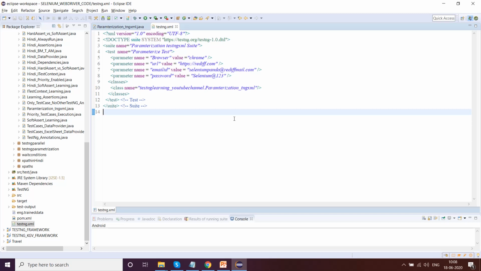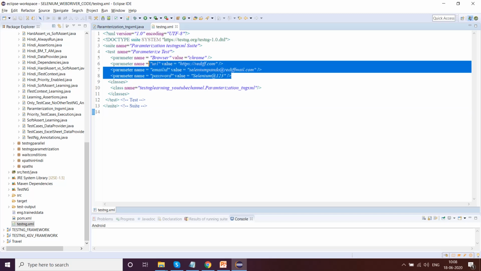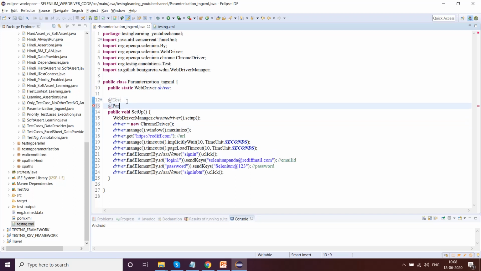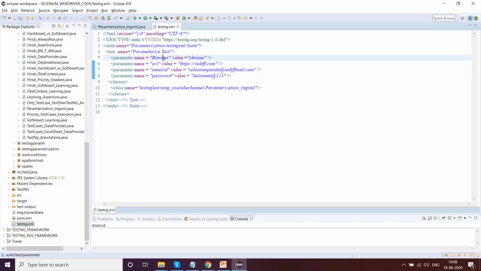Now the thing is, now you have introduced these things. What changes do you need to implement here? This is something which is very important, which you should know. The only thing which you need to do here is add a parameters annotation over here, and here you need to pass all the parameters which you have defined there. So what are the parameters that you defined here? Browser, URL, email ID and password.